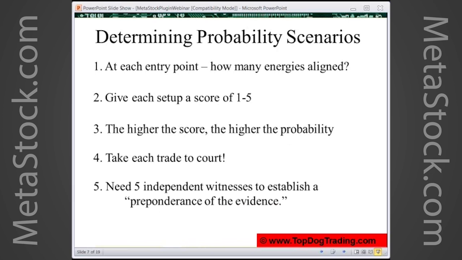Other times, price trend will be moving up and momentum will actually be going down, moving in exactly the opposite direction. You might say, well, how could price be moving up and momentum actually be going south? It's not only possible, I see it all the time. And that's because those 2 energies are uncorrelated to each other. And again, that's just a quick example, but that's true of each one of these energies, each is uncorrelated to the other 4. And that's exactly what makes it significant when all 5 energies align saying buy, or all 5 energies align saying short. That's what gives you the probability scenario.